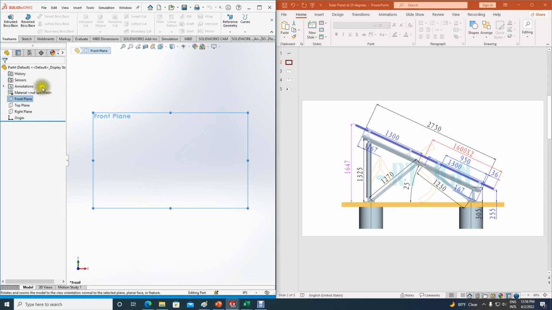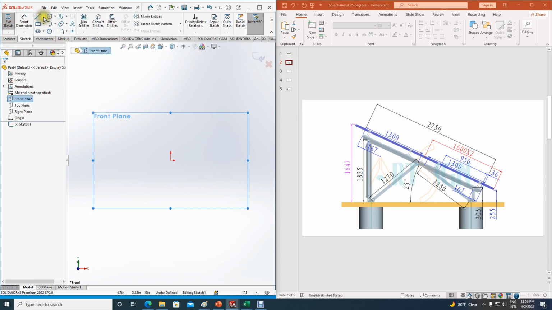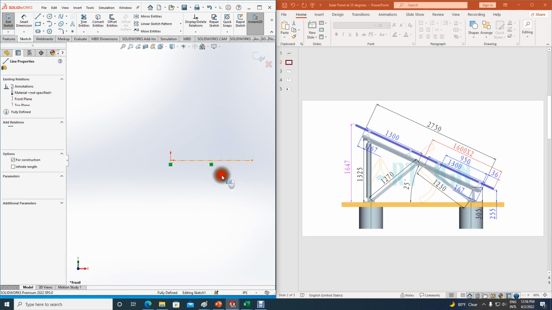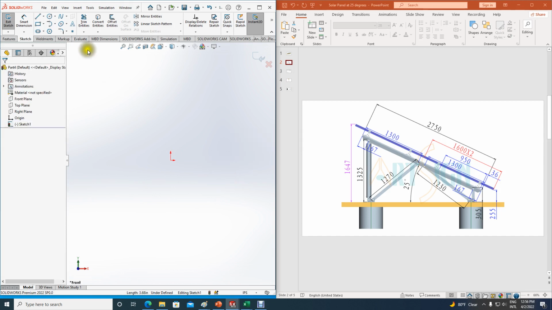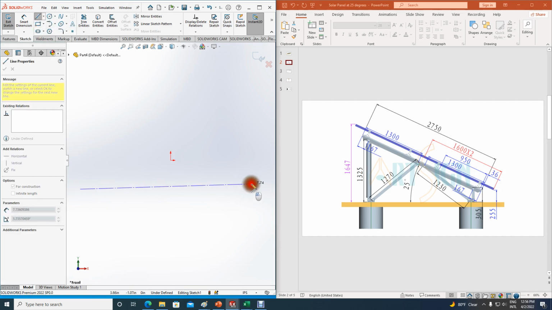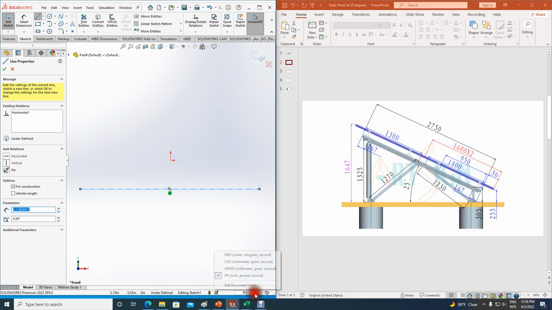That will do. Now let's start here, and let's quickly do a center line. Actually, let me put that line anywhere. Actually, I like to put that line anywhere here. That will do. Now let's change the unit,